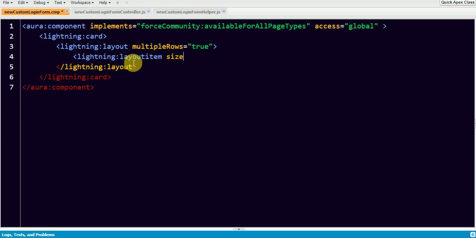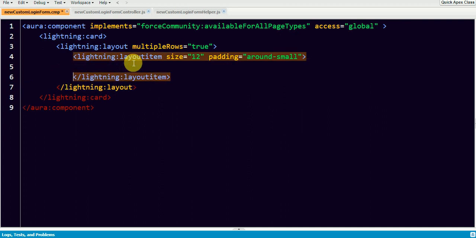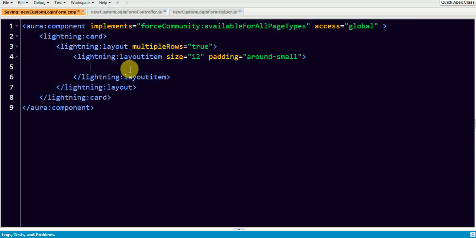of size equal to 12, and I'm gonna give the padding as around small. So inside this layout item, I'm gonna add my lightning input.